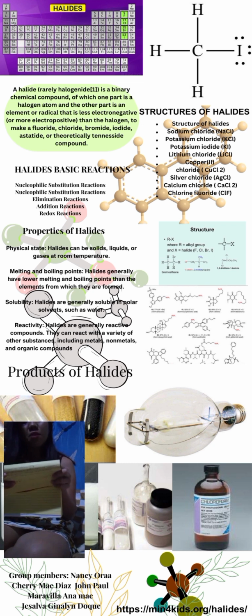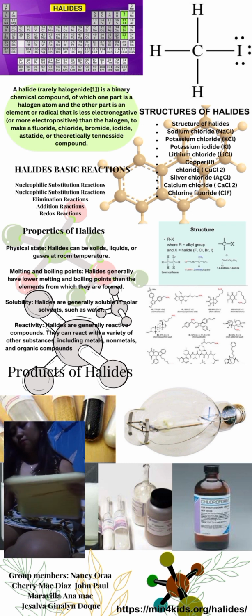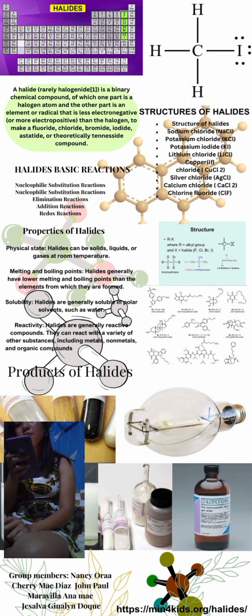Some examples of halide compounds include calcium chloride, silver chloride, potassium iodide, potassium chloride, sodium chloride, iodoform, chloroform, organohalides, and bromoethane. Halides are compounds formed when a halogen atom, fluorine, chlorine, bromine, or iodine